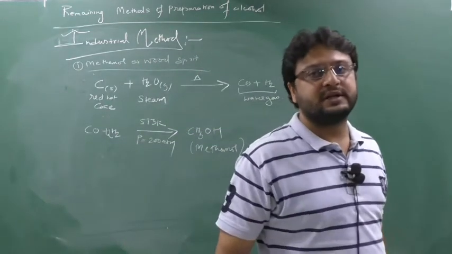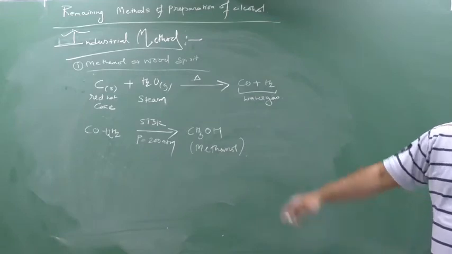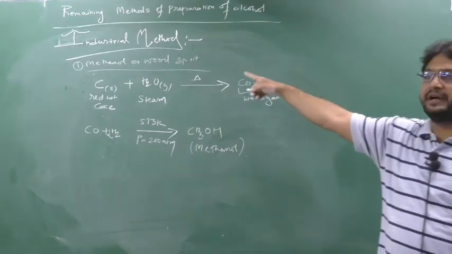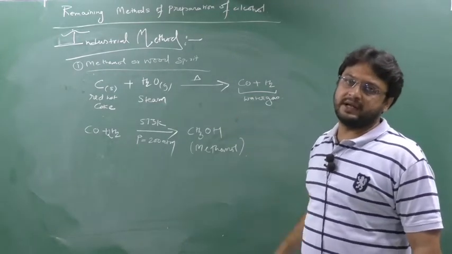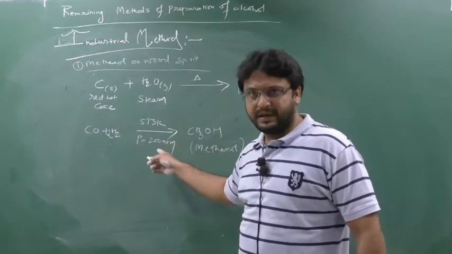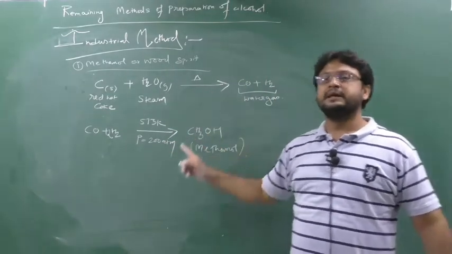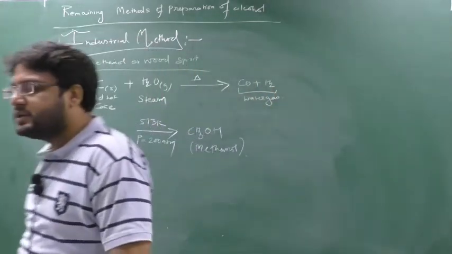So how to write it down in a sentence? For the preparation of methanol, red hot coke is reacted with steam at a very elevated temperature, nearly 573 Kelvin. A water gas is generated. Now this water gas is further heated to the same temperature, that is 573 Kelvin, but under pressure. Here I am supplying the pressure, under the pressure of 200 atm methanol is generated.